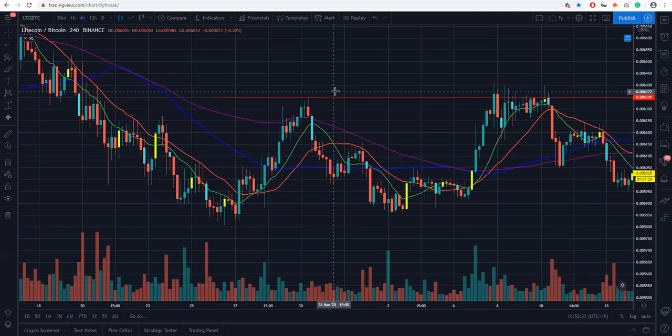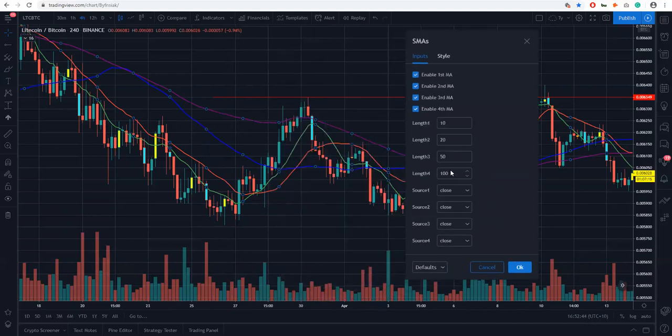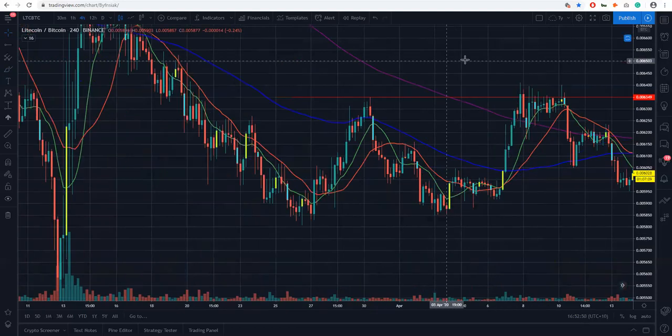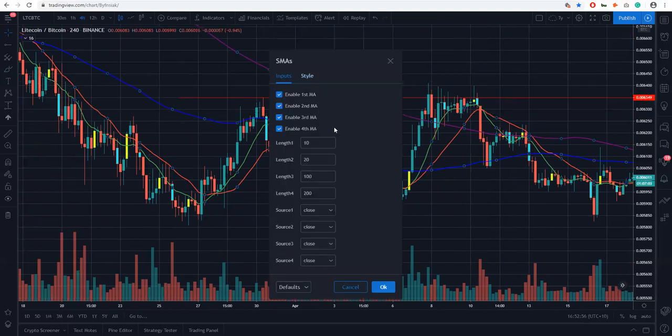So the way I see it with SMAs and EMAs is that the larger the EMA goes, or the more EMAs we've got on there, the higher SMA or EMA becomes like a final level of confirmation of where we might be headed, whether it be to the upside or to the downside. This one confuses me a little bit, being the 100. We might just change that to 100 and 200. There we go. So that could be your levels that you look for, whether it be your 10, 20, 100,